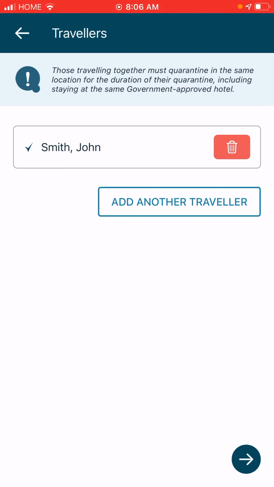In the next stage, it asks for your contact details like your primary phone number, email account, and also your booking reference number. And once the hotel quarantine is over, you are to quarantine for the remaining days at a different place. So it's going to take those details also, and there'll be a questionnaire where you have to answer